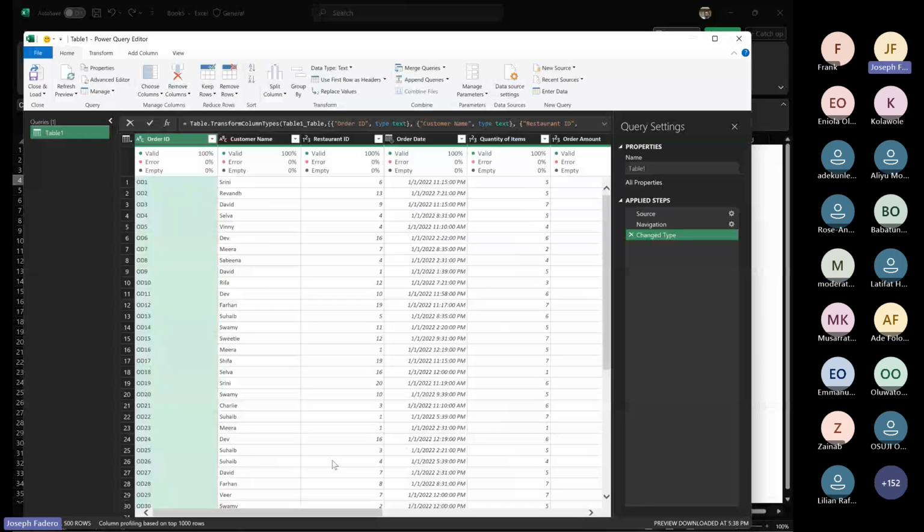Actually, I prepared it. I know it's clean. So if you also see, there's something called column profile, it's showing the